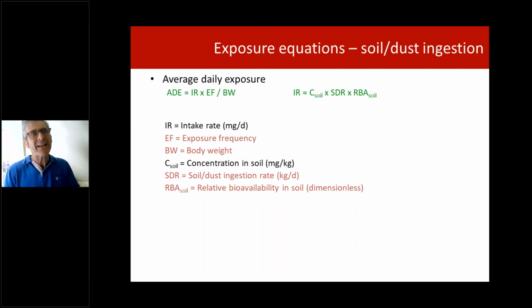Body weight. Body weight is based on the mean female body weight for a 0 to 6-year-old child. There's not any way we're going to change that, because this is for a house that's not yet been built. We've no idea who's going to live there. We're going to have to stick with that body weight. We've got the soil and dust ingestion rate, which for a residential scenario is assumed to be 100 milligrams per day. Probably conservative, but again, it's very hard for us to justify a lower value, especially for a planning kind of scenario. Easier for Part 2A, but